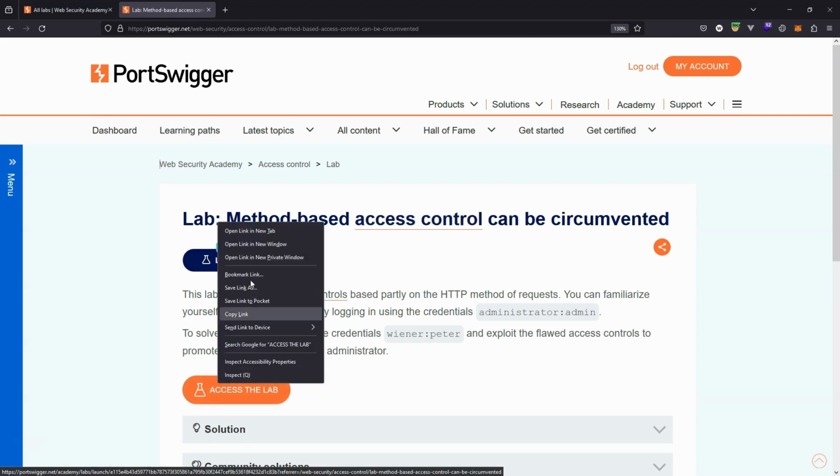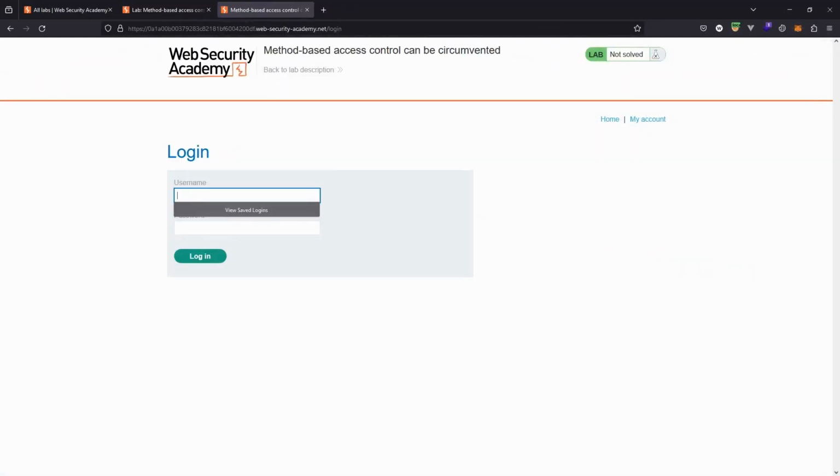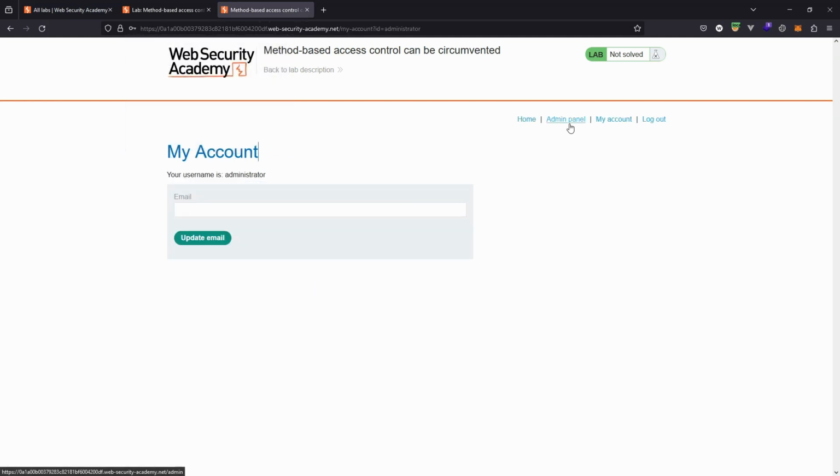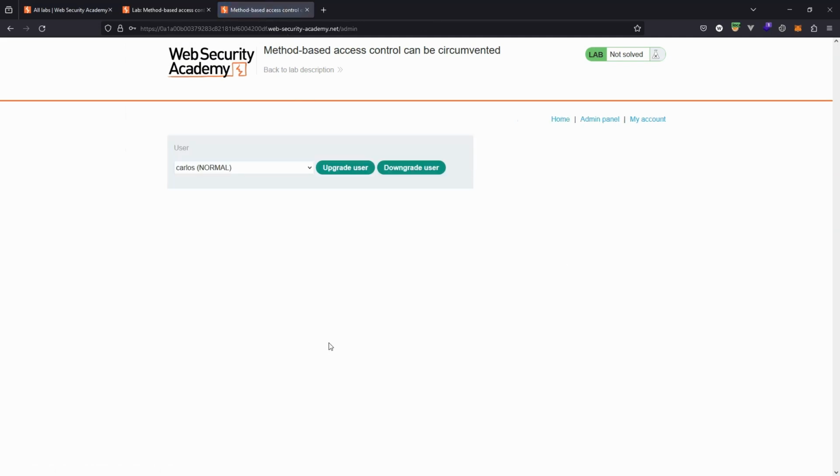So without further ado, let's fire up the lab. The first step here is to log in with the administrator credentials, administrator, password, admin, login. Once we're logged in, we'll notice there is a link to the admin panel. And in the interface here, we have a drop-down box that allows us to upgrade regular users to admin users. For example, if we select the user Carlos and choose upgrade user, we now see that Carlos has been promoted